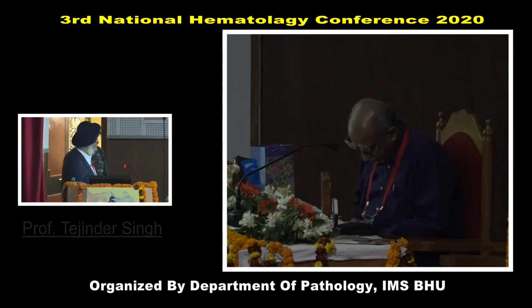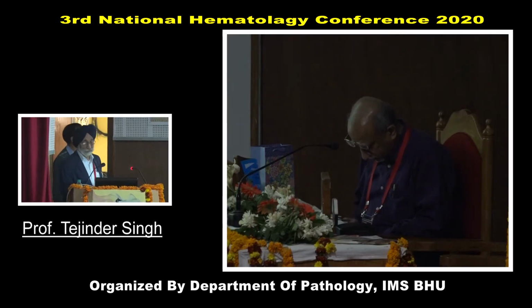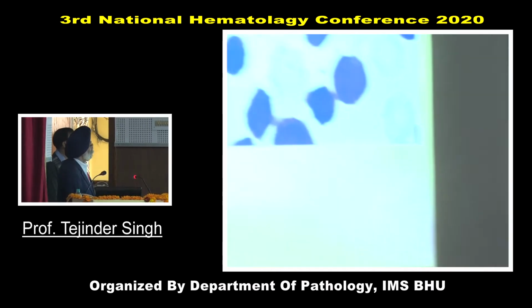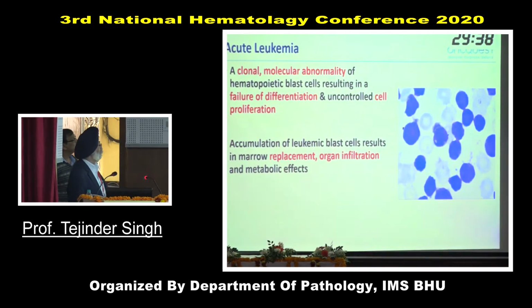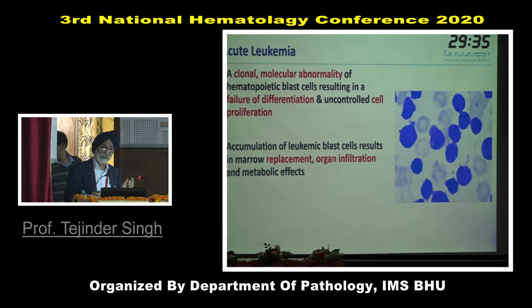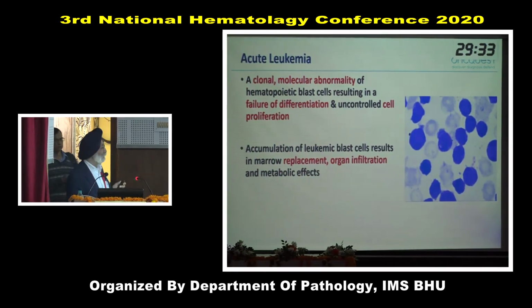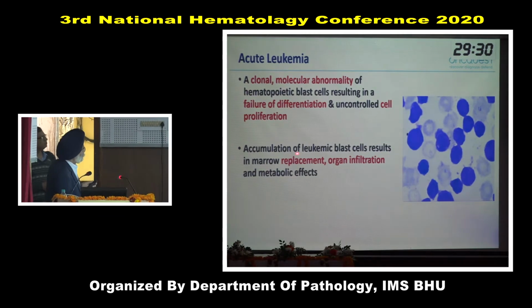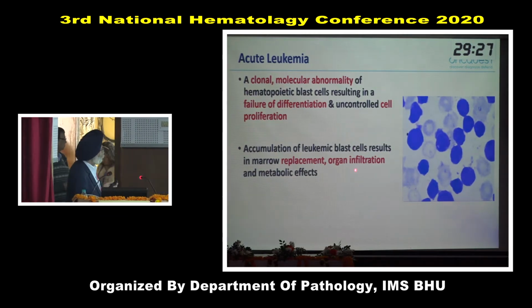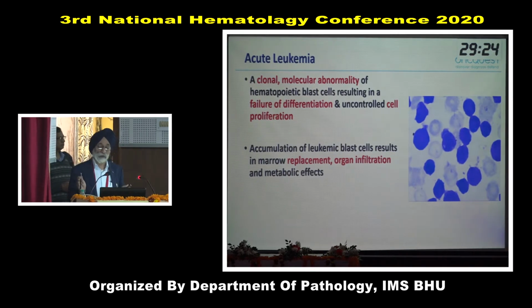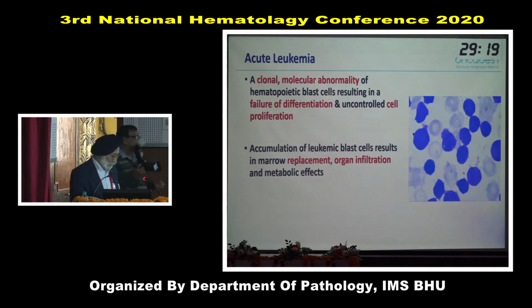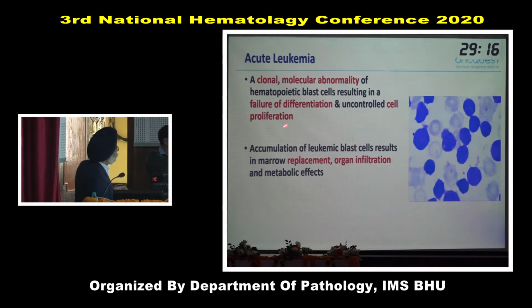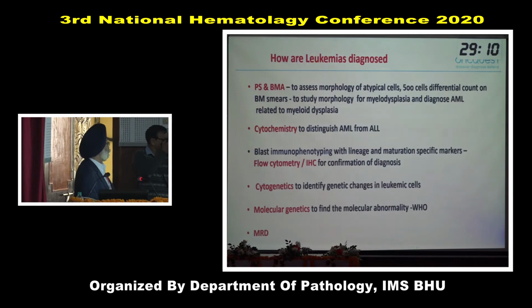Thank you. Now, what is acute leukemia? This is what the typical picture in the peripheral blood is: blast cells in the peripheral blood, which may or may not be present depending upon whether it is aleukemic or subleukemic leukemia. These leukemic blast cells replace the normal marrow. Not only that, there is organ infiltration into various other organs, including lymph nodes and spleen. And these are partly differentiated or undifferentiated blast cells.